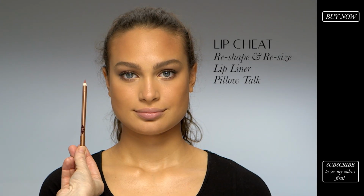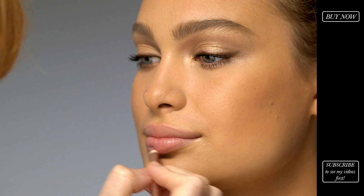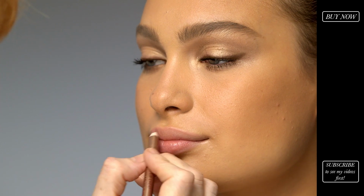So for the daytime look for this Golden Goddess, I'm going to put a little bit of my Lip Cheat lip liner to give the perfect shape to the mouth. It's a very natural colour. It just gives a lovely bit of natural enhancement and perfects your lip shape. And then you just pop a little bit of gloss on for that natural Golden